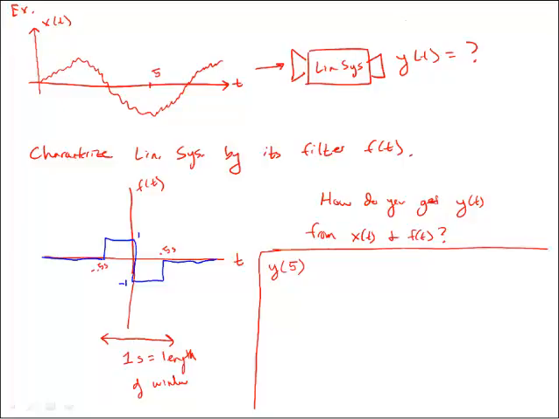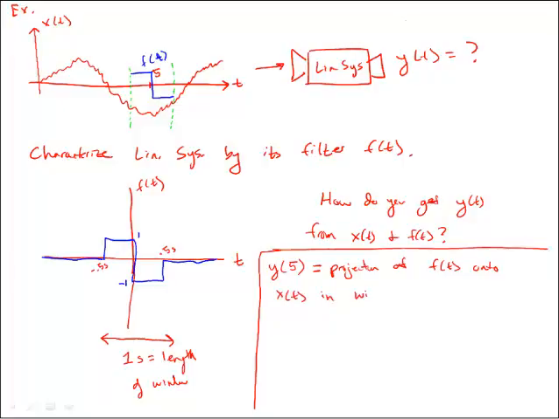And we draw a window around x of 5. Since our filter is centered at 0, we're going to center our window around x of 5. So this is the window around x of 5. Now what we're going to do is draw the filter in right there, just like that. So that's our f of t. So y of 5 is equal to the projection of f of t onto